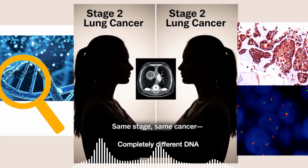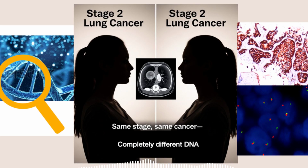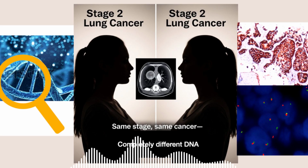And this isn't unique to breast cancer. In lung cancer, some tumors carry EGFR mutations, others carry ALK or ROS. Each mutation unlocks a different drug. In colon cancer, a simple RAS mutation can decide whether a therapy works or fails completely. So, yes, two patients with the same stage, the same cancer type, even similar symptoms can have tumors with completely